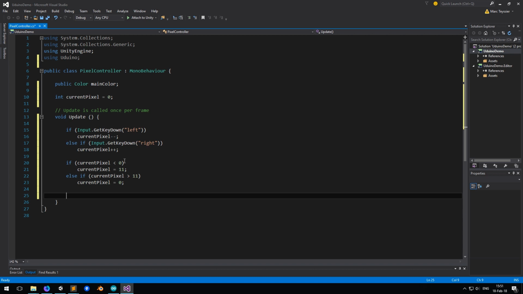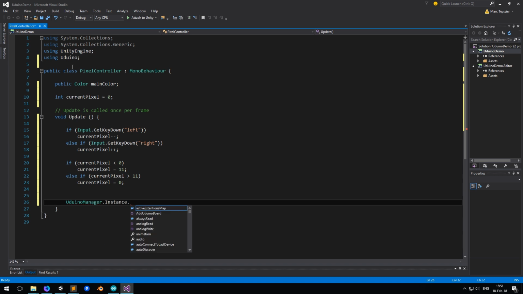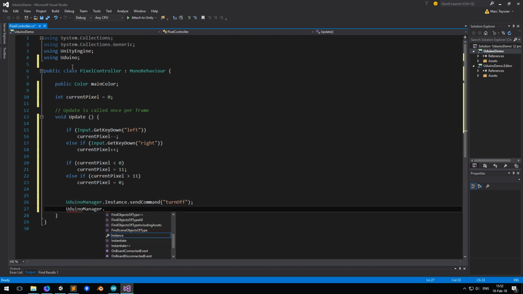We have now to send the commands from Unity to Arduino. As I told you earlier, we can use SendCommand, ArduinoManager.instance.SendCommand, the turn off first. We want to turn off the previous pixel. Then ArduinoManager.instance.SendCommand, turn on, because we want to turn on the current pixel.